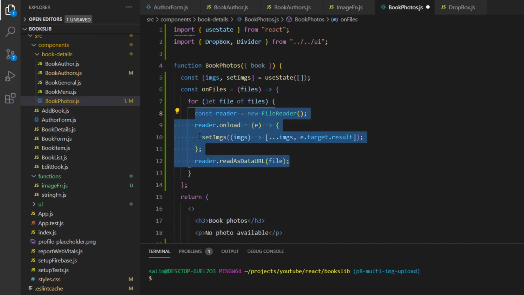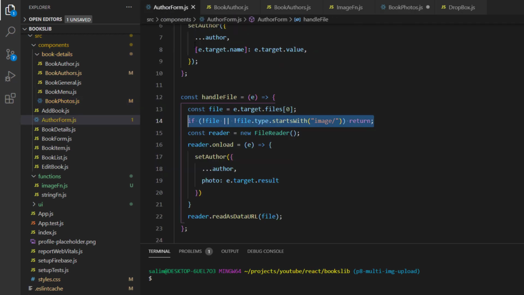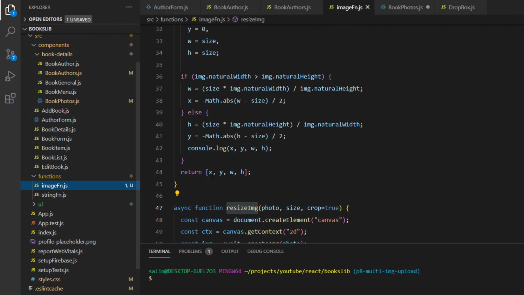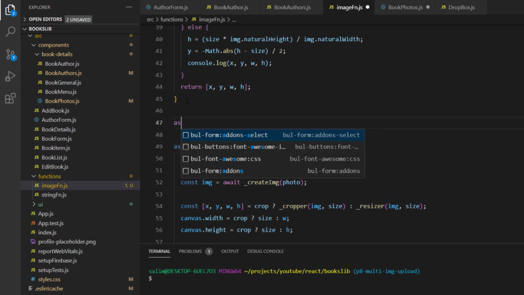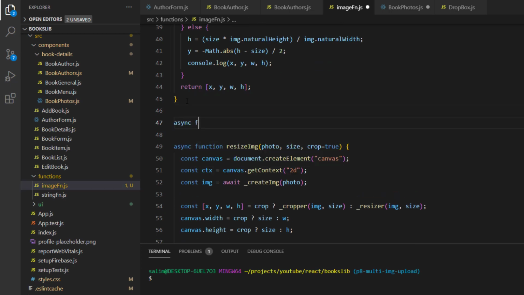That is missing from our function here in our book photos. So I'll grab the function in my author form. And here I'll create a function that will be async. I will name it get base64 URL,